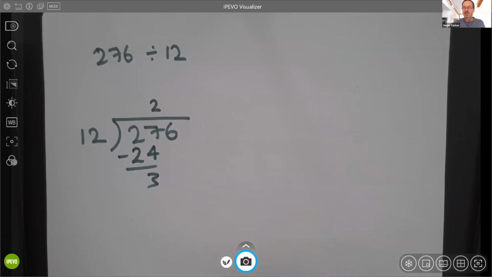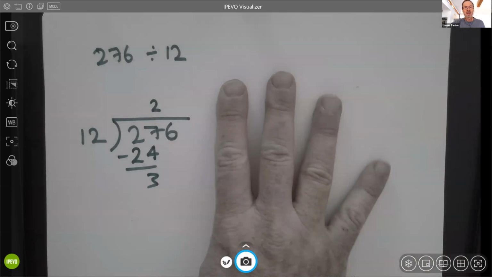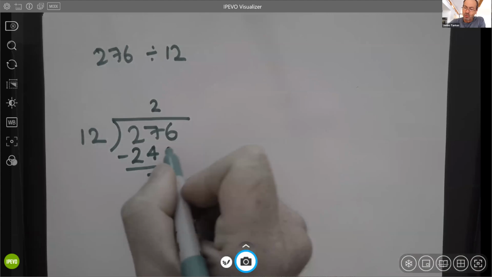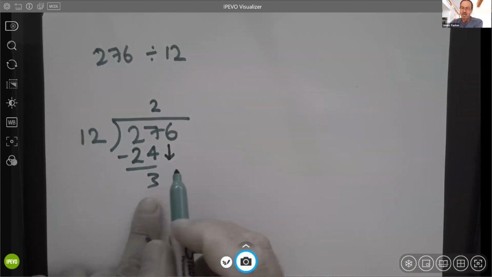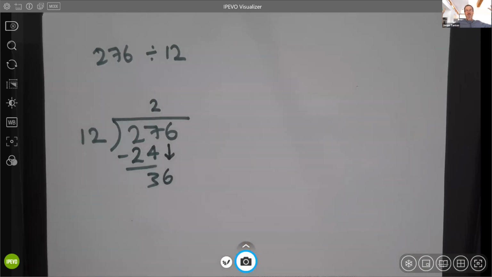But here comes bizarreness number 4, the thing that confused me big time. In Australia, we had to draw little arrows, bring the 6 down, and this 3 that I got suddenly becomes 36. It just changes. Just suddenly changes to 36. That is really bizarre. I had no understanding as a kid why we're doing that and why this worked, but